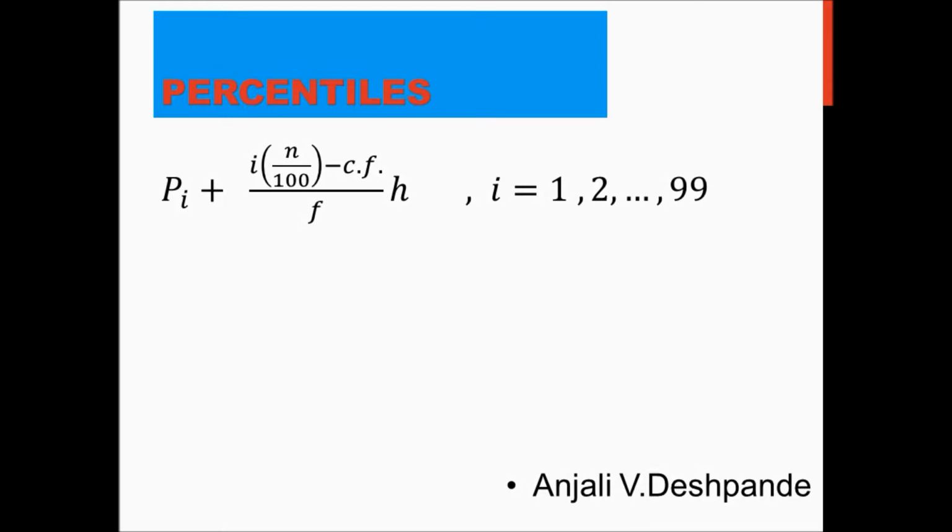And finally we have the percentiles. In this particular case, the values of the observations in the data, when they are arranged in some ordered sequence, can be divided into 100 equal parts by using 99 percentiles. That is what we are calling Pi, and the i value is from 1 to 99. Again here we can see the generalized formula, and all the symbols again have the same meaning as such. So we will see one example now to calculate these entities.